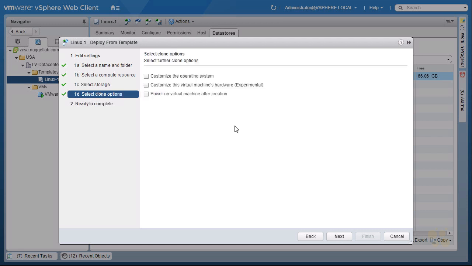And next it's asking us, do we want to power on the virtual machine after it's created? If we do, we'll put a check in that checkbox. It's also asking us here, do we want to customize the operating system as we deploy this VM? So if we say yes to the customization, it's expecting us to use a customization specification that has the details regarding that customization. So I'm going to leave that check in the checkbox, even though we don't have a customization specification yet, because